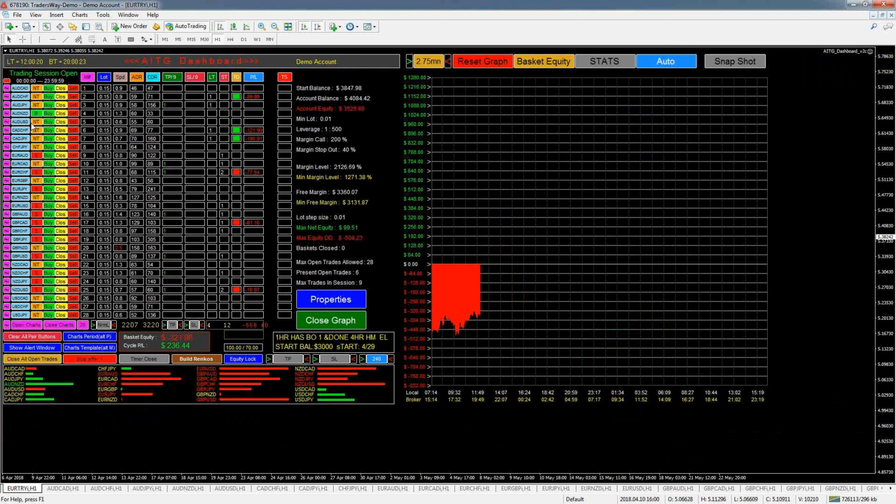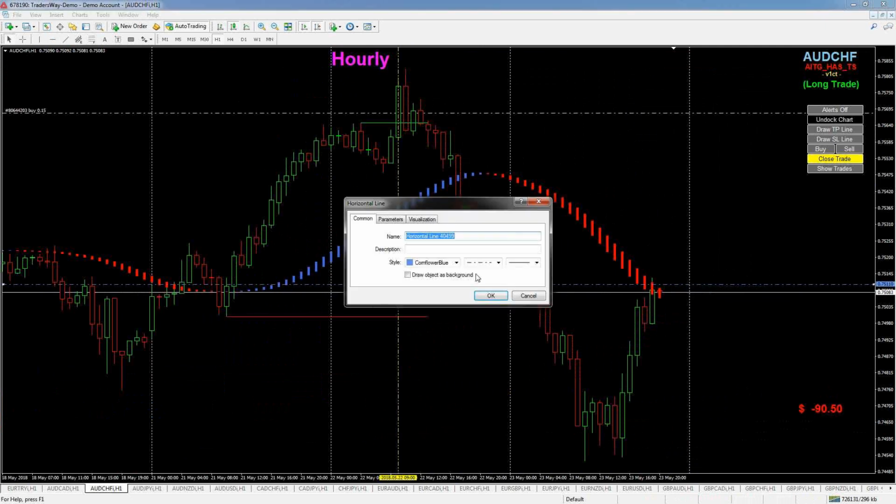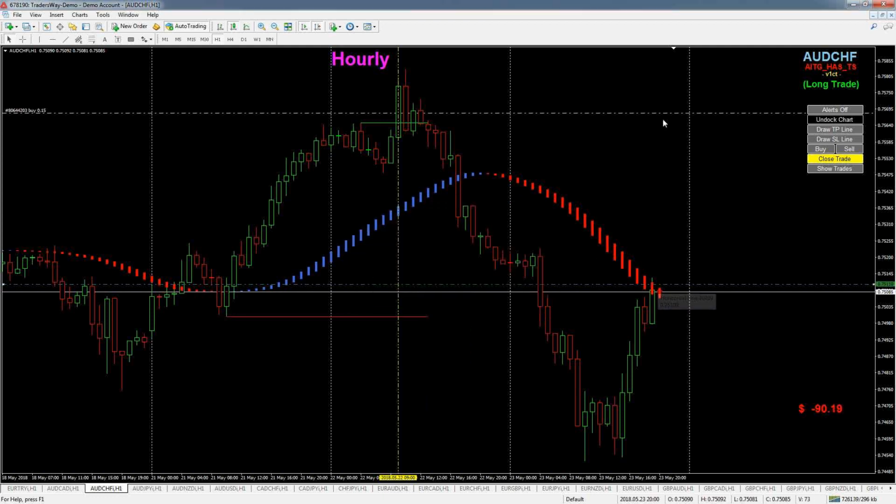All right, I want to illustrate to you guys. Maybe I can just do it. Let's pretend here that this horizontal line is a position, a second position. I'll turn it green so y'all can visually imagine this being a second position going north. And what you want to do when you go into a hedge mode or a second position to help you expedite getting out of the trade,